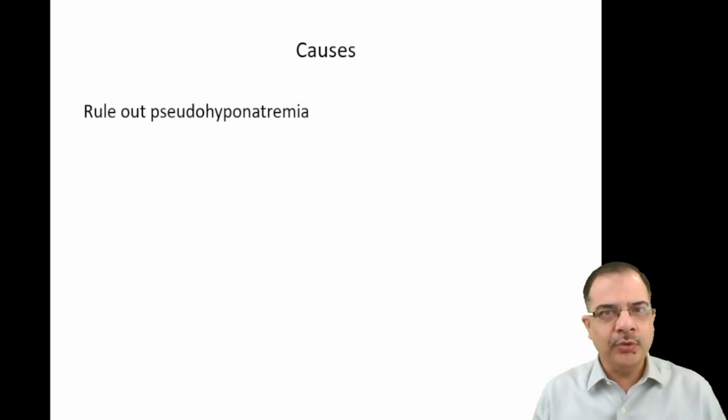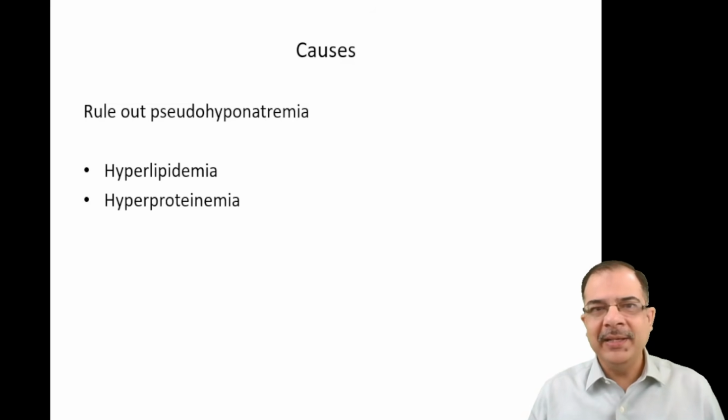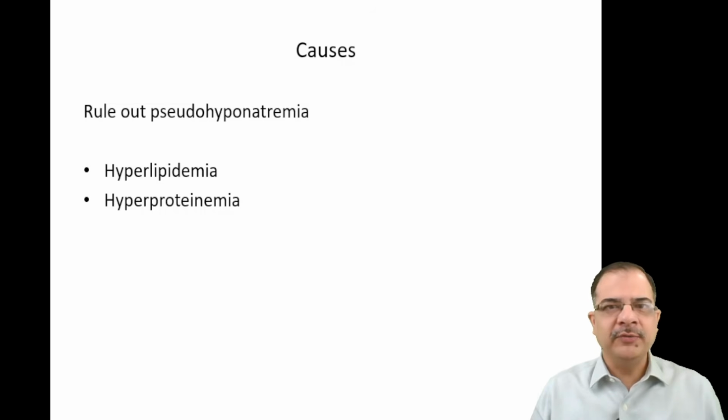Before those three groups, first and foremost we have to rule out pseudohyponatremia. Pseudohyponatremia is a lab artifact in the measurement of sodium when there are high lipids or high proteins in the body. If they are present, in the lab we will see a false low reading of sodium, because lab readings measure the sodium in relation to the plasma. These components increase the plasma component and make the sodium low artificially.